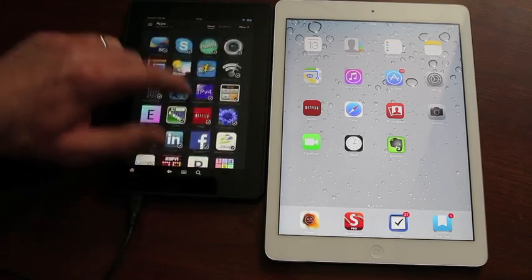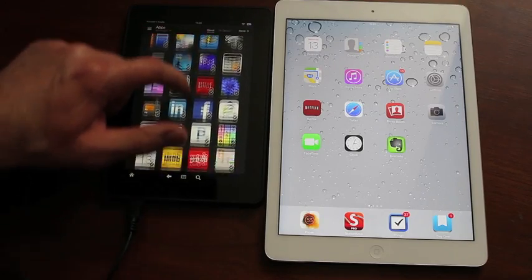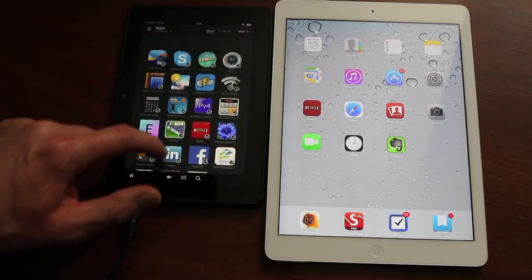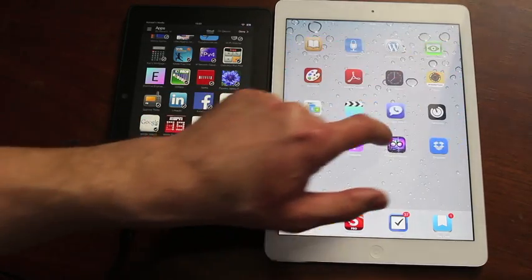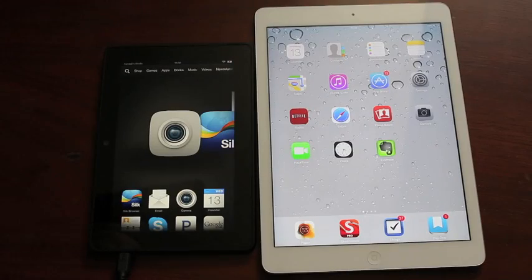Now I'm just looking at the responsiveness. So here I'm just scrolling really fast on the Kindle Fire, and as you can see, the display moves very smoothly. And similarly for the iPad Air. Very smooth interface. The iPad Air, of course, is built with iOS, and the Kindle Fire HDX is built on Amazon's version of